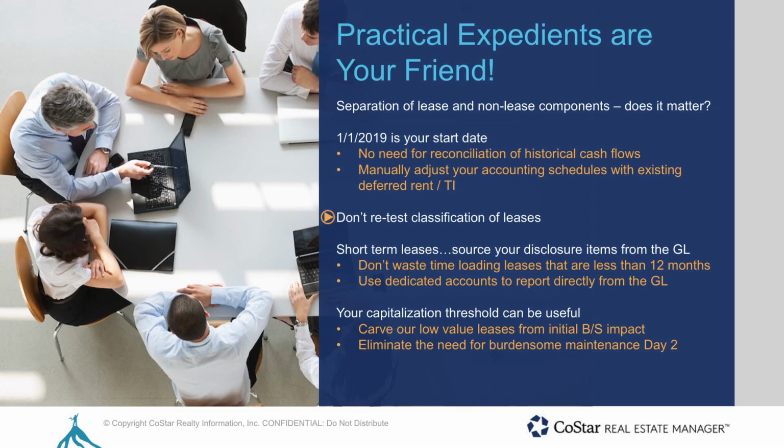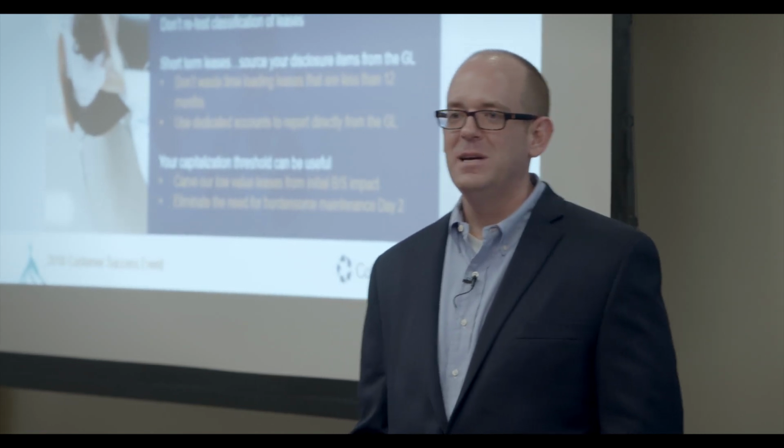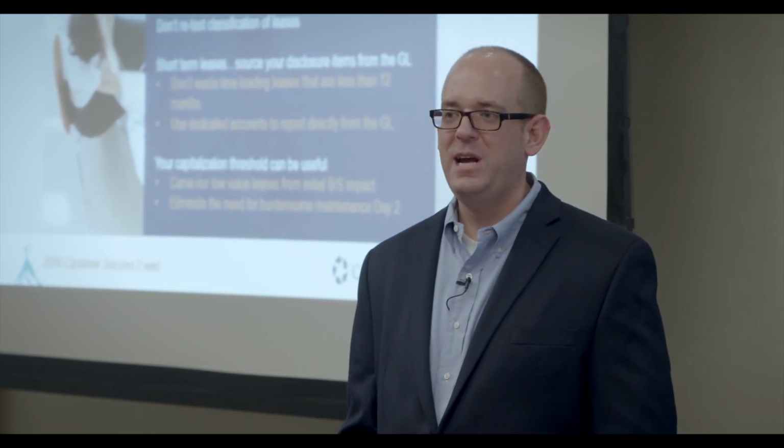The retest practical expedient basically just means if you had a capital lease under the old standard, it rolls right into a finance lease treatment. If you had an operating lease, it rolls into operating lease treatment. I don't have anybody saying, "Oh yeah, we're just dying to retest all of our leases," right? The only caveat I'd say is that FASB certainly did not intend to grandfather in any kind of errors. So if you just had a big group of leases that had been overlooked in the past,